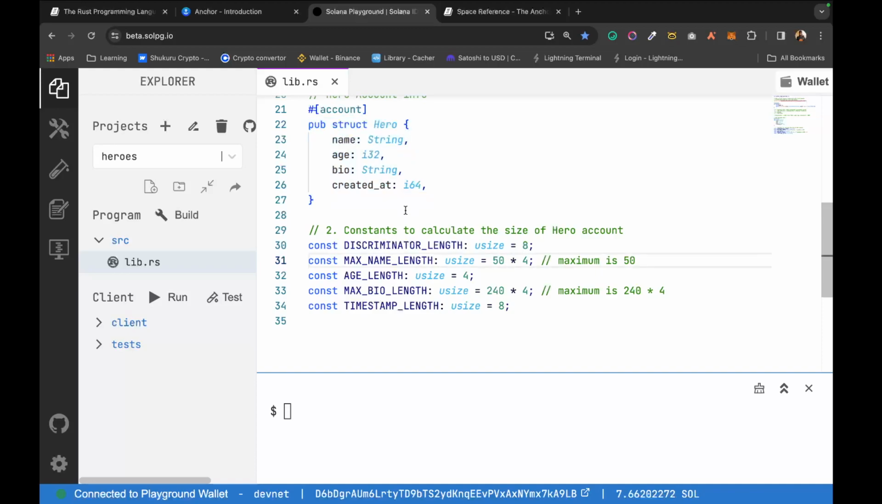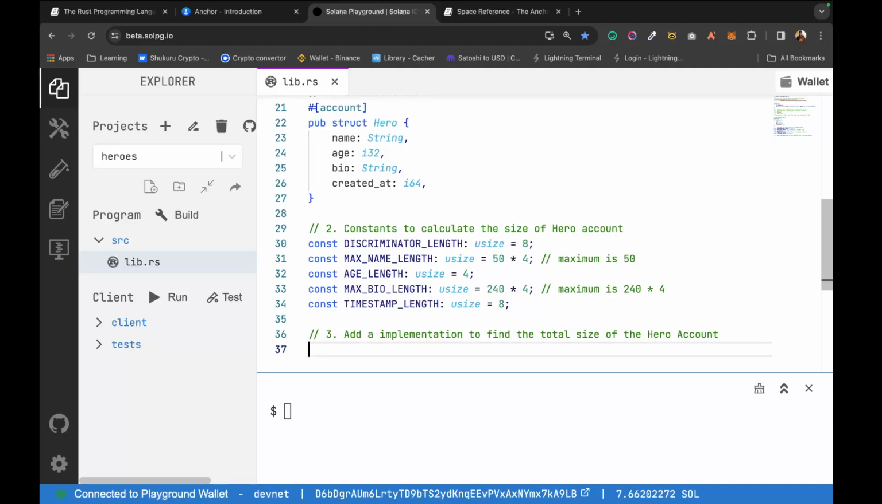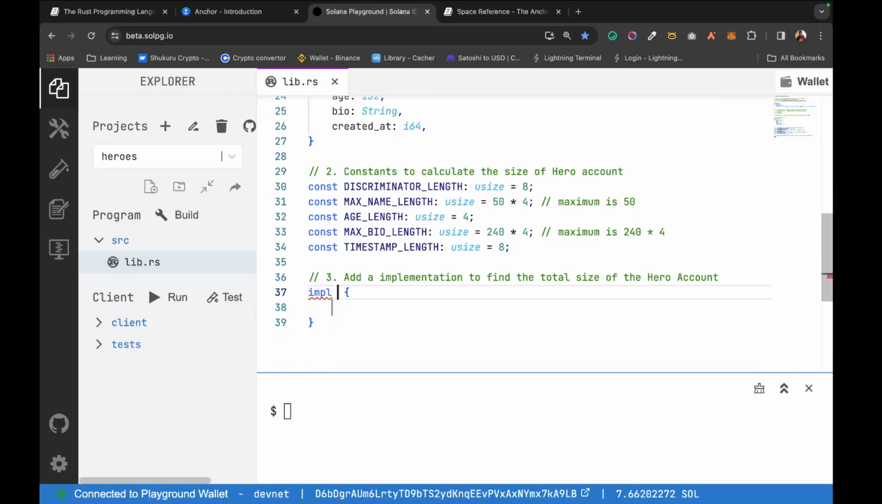So it is something similar to that. And the way you can define implementations in Rust, maybe I'll add a comment here and say: add an implementation to find the total size of the hero account. Cool. So the way you can define an implementation, you use the impl keyword